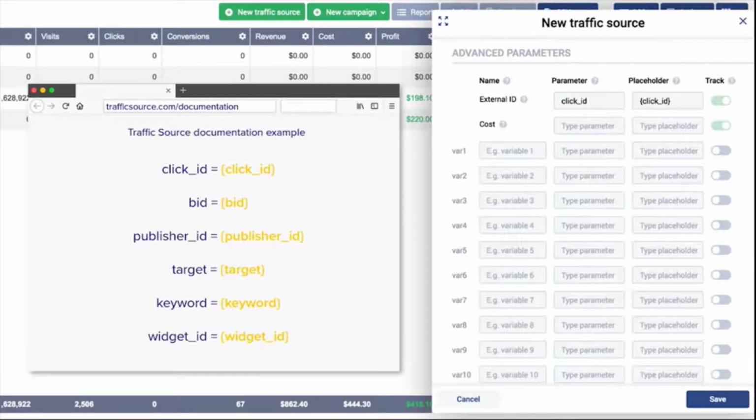traffic source end. In this section, you can also add a cost parameter to automatically track costs using the auto settings in the campaign setup. Remember that not every traffic source supports dynamic cost tracking, so don't forget to double check with your source if